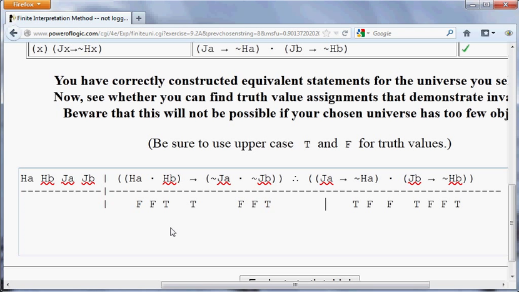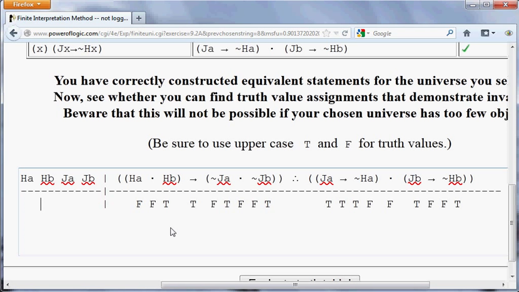Okay. Maybe I'll make it true. This is going to be true no matter what, because not HA is already true, the consequent of that conditional. And so I made JA true, just for completeness here. So not JA is going to be false. Okay. So I think I've confirmed the hypothesis that we could have a true premise leading to a false